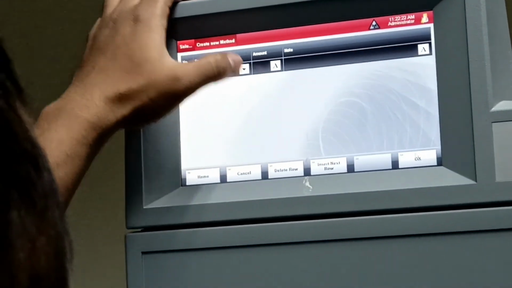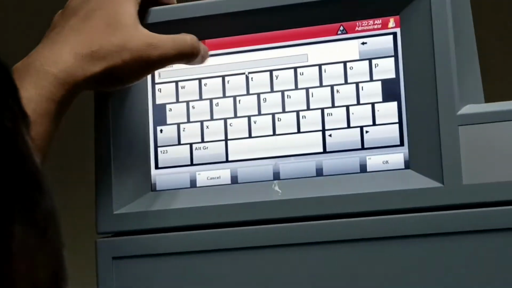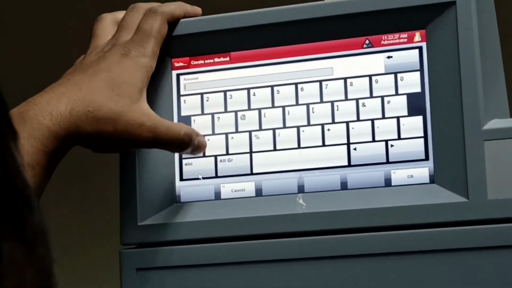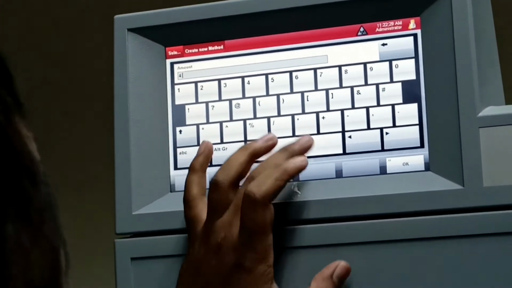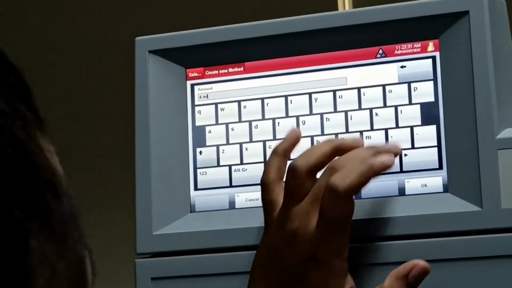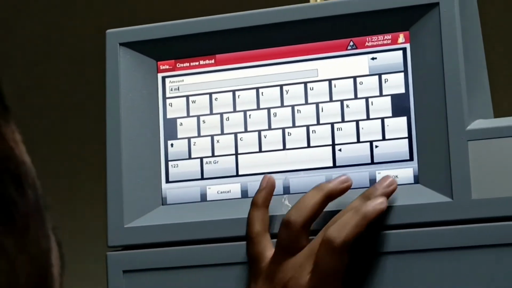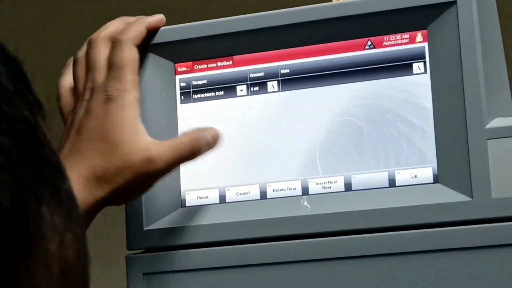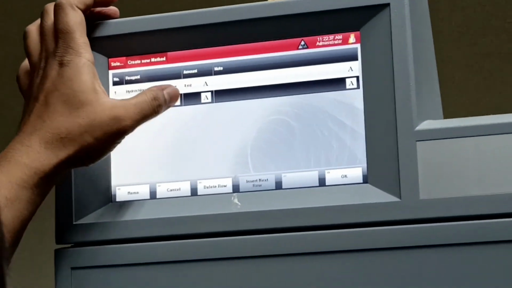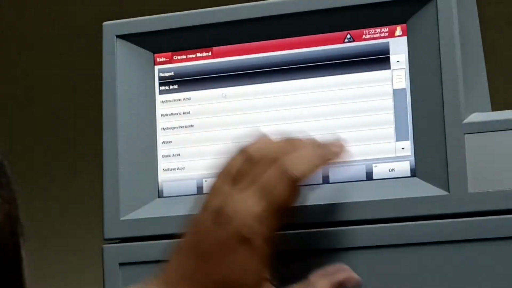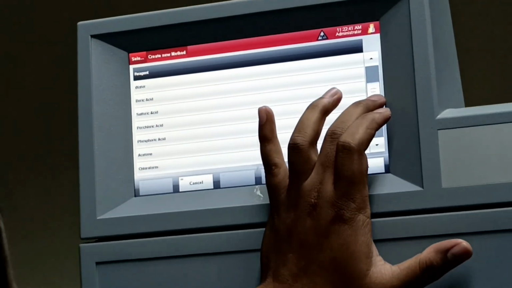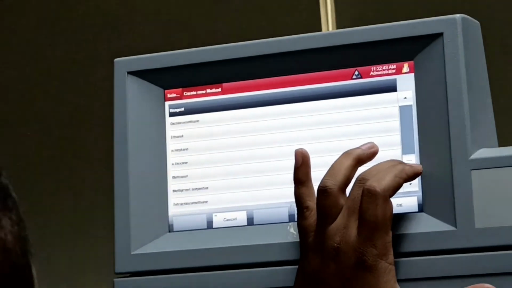It is only for the reference of your friends or colleagues. If someone is doing the same kind of sample again, he can take the same thing. This will not impact the programming or the reaction. It is only for the information that for these particular samples I have taken these acid combinations.